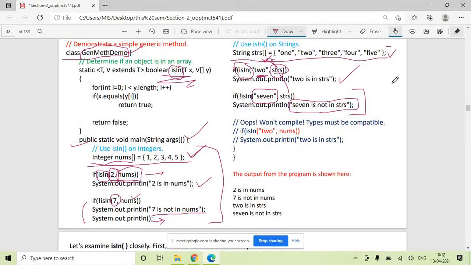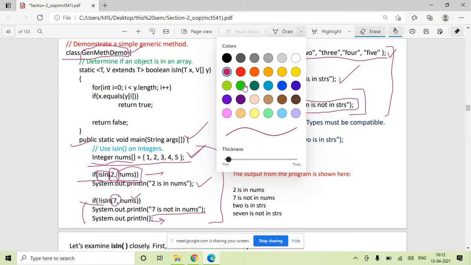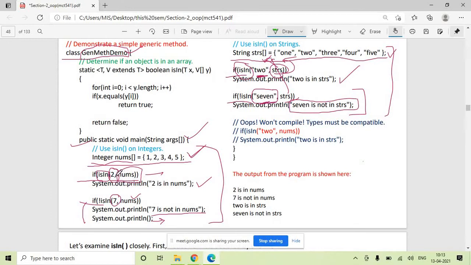In the second portion, we are searching whether the string 2 and string 7 are available in the strs string array. And for checking both string and integer, we are making use of the same isIn function. So the isIn function basically searches for an integer value in an integer array and a string value in a string array.